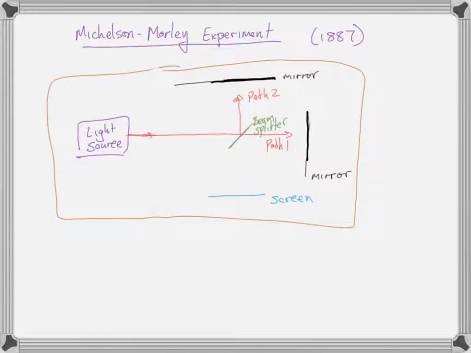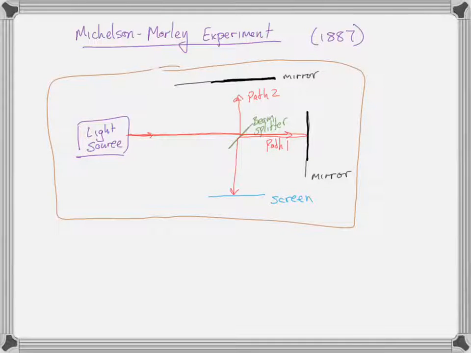Okay, let's do a Michelson-Morley experiment example. Before we get to how they were trying to measure the ether, let's just see how the interferometer works, and how a modern interferometer works. So again, remember what we have is a single light source that comes to the beam splitter. It follows path 1, it bounces off the beam splitter, goes to the screen, and then